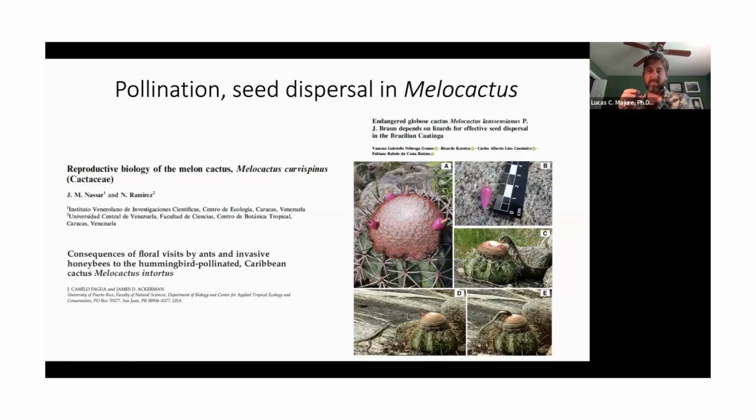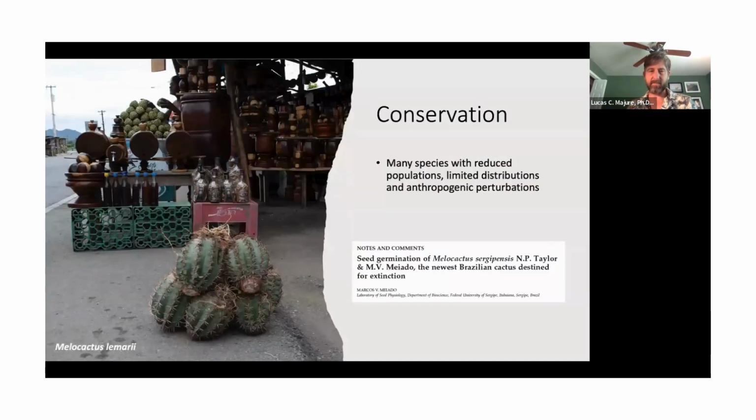So what that also means is you can probably get long distance dispersal because birds are picking up these really brightly colored fruit and moving them longer distances. But there's probably a lot of short distance dispersal that happens. And what that could mean from a genetic point of view is you might see a lot of localized genetic structure. And that's something that might make a difference when we look at some of our data in just a moment. So what about conservation?